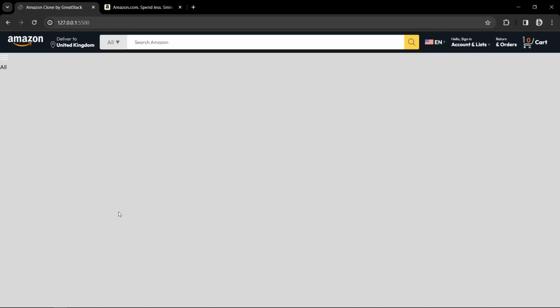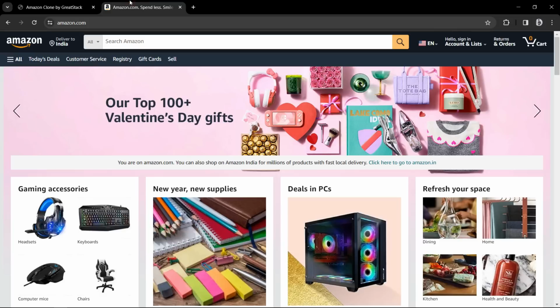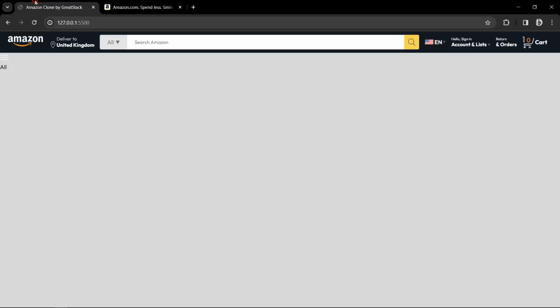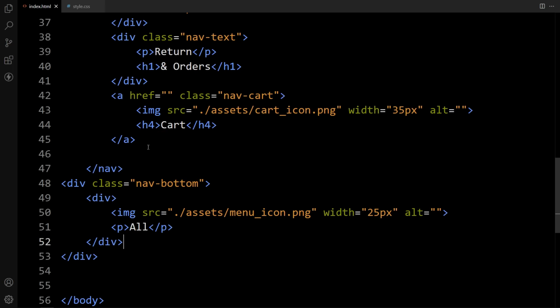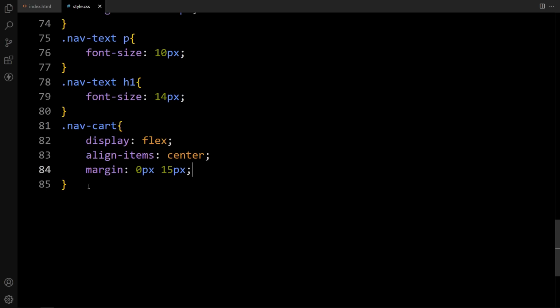Let's come back to the web page. You can see here we have the menu icon and text all. Let's see the official website. You can see we have the text all and this menu icon. Then we have some other menu links, and we have to change the background also for this submenu. So let's come back, and here we have the nav bottom. Just copy this, come to the CSS file, and here we will add the CSS properties for this